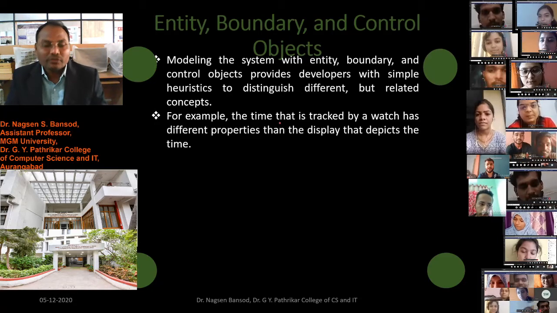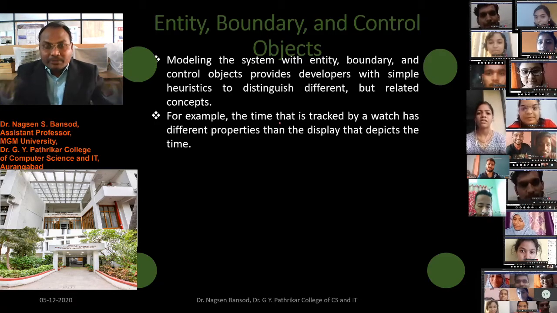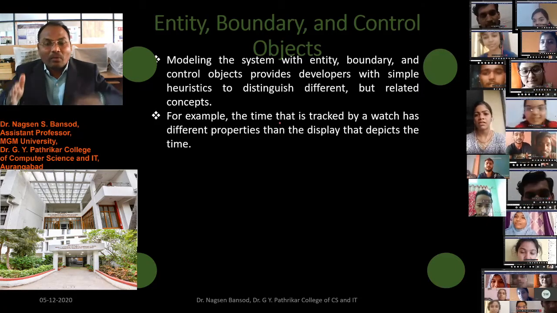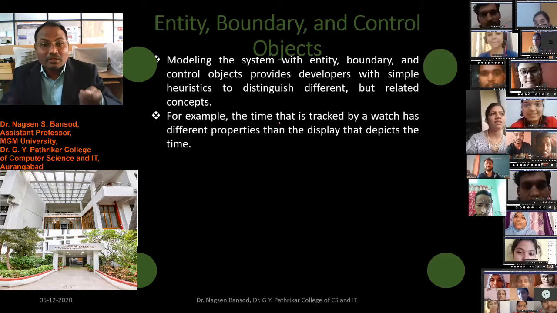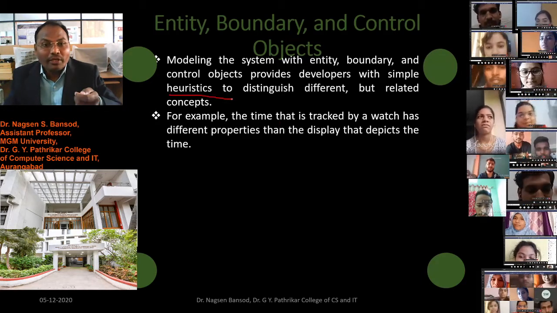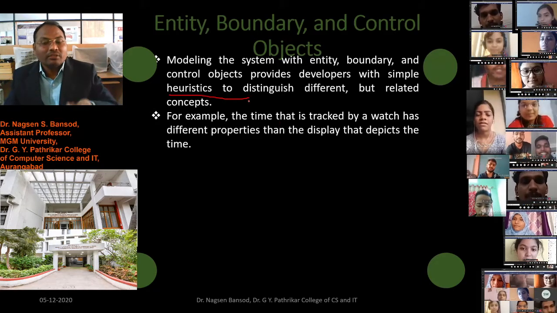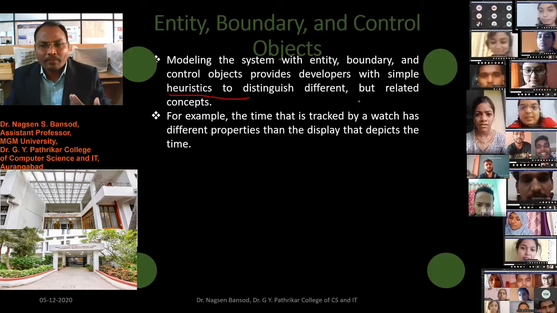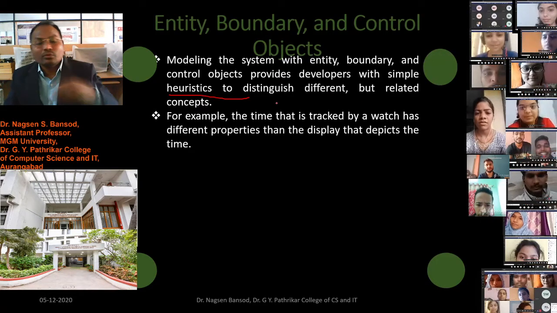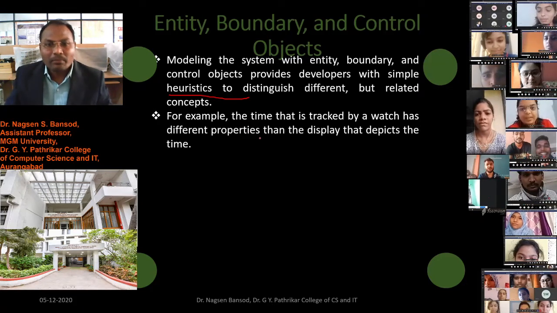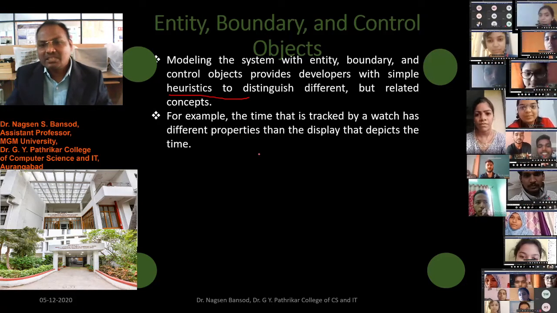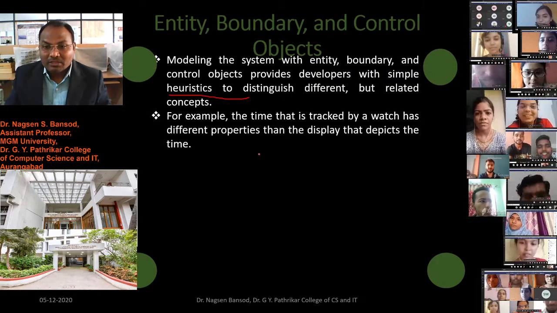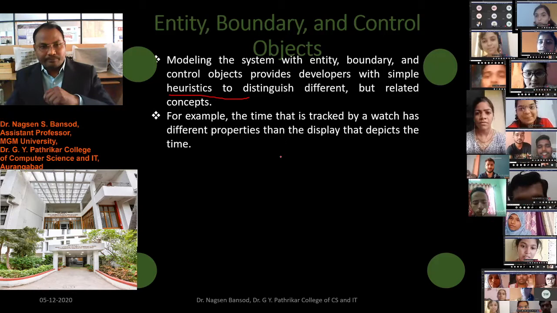In that case, you have to use your experience, and according to your past experience about software analysis, you will design your own heuristic that will distinguish, that will be different from others, but related to the concept. For example, the time that is tracked by the watch has different properties than the display that depicts the time.